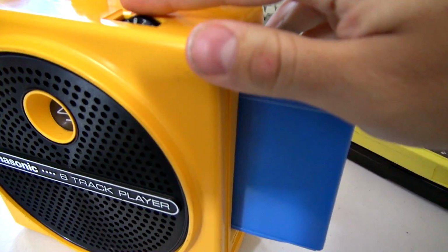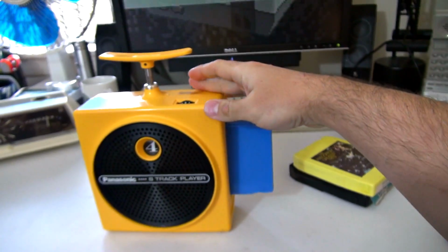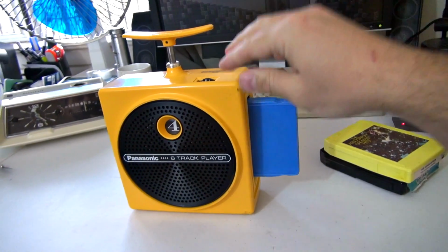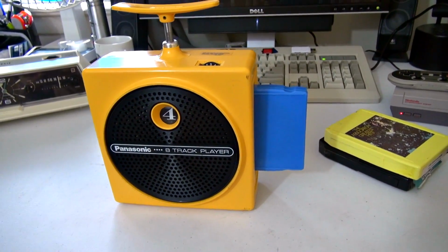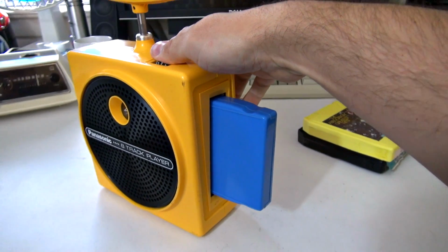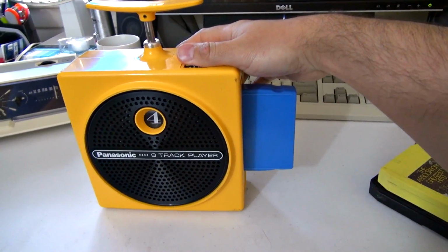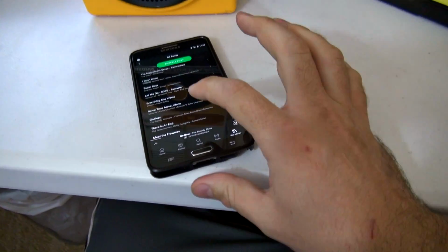You'll notice you don't hear the motor. Again, there's no motor. I'm gonna lower that really low so that I can let it ride. So what we have happening here